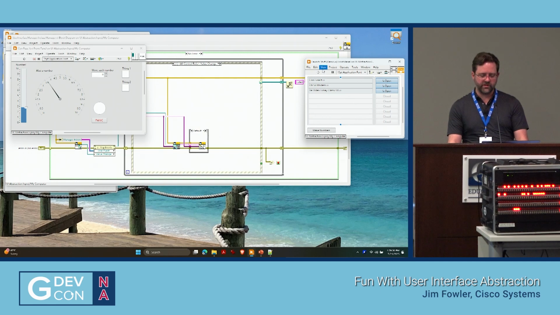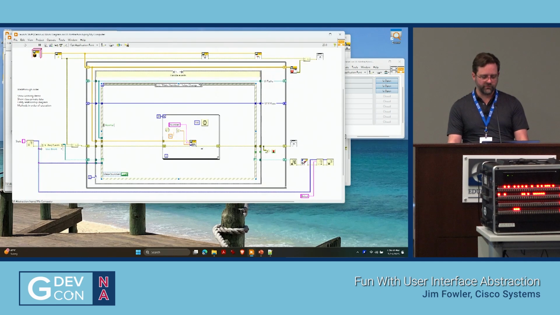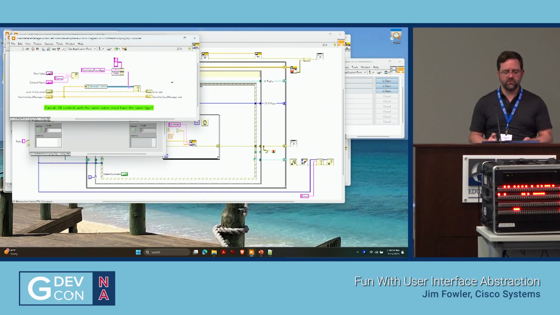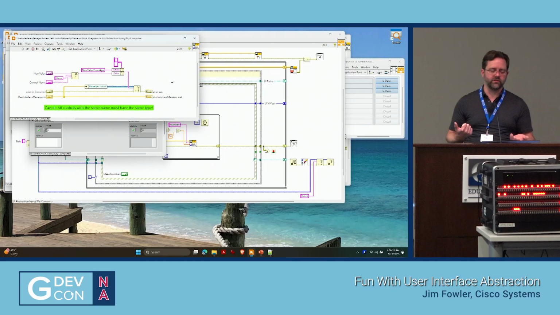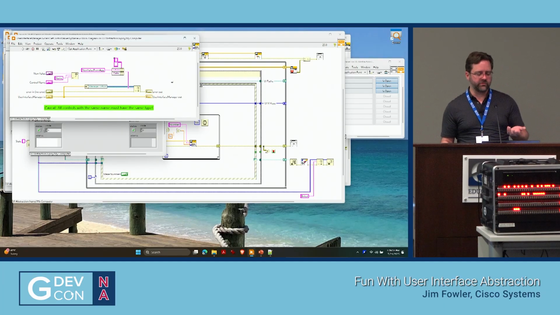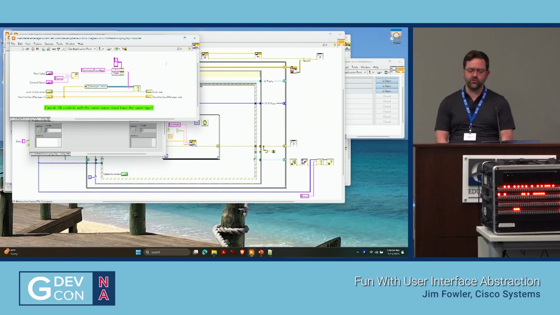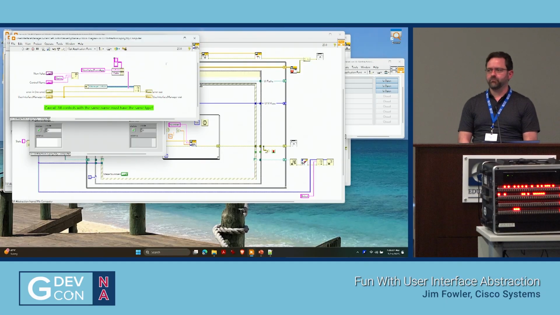If I go to the terminal for this, there's this method here. It takes whatever value you have, you give it a tag that goes to any control or indicator on the user interface, and it updates those accordingly through the manager. So you can update the user interface from your application, and that's a huge part of the functionality here.